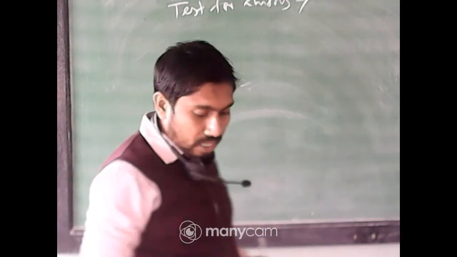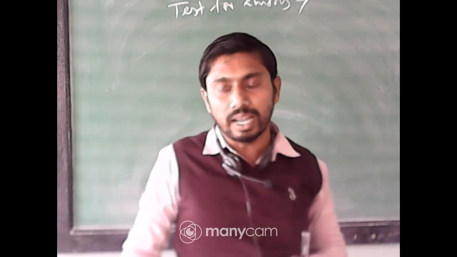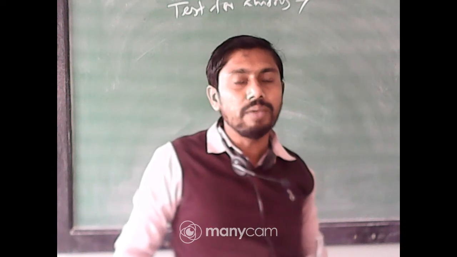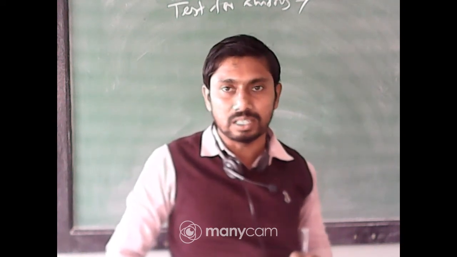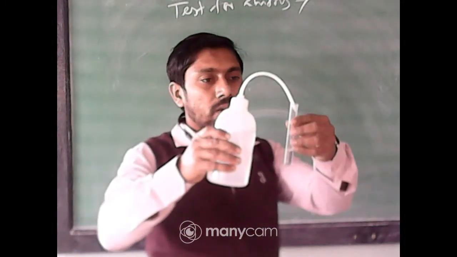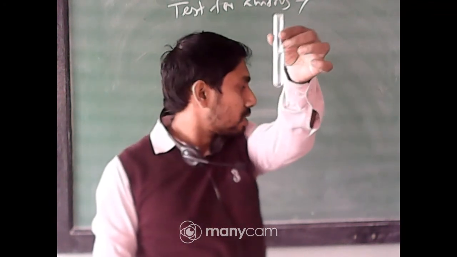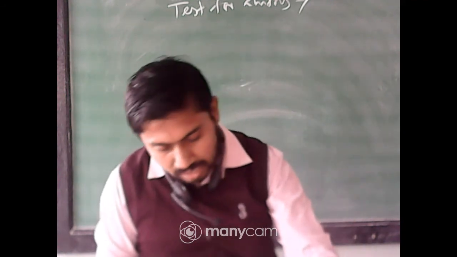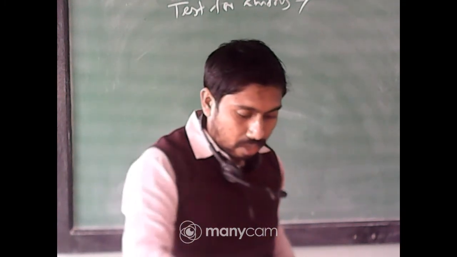Okay, so in the test for anions, here we see the test for nitrates, test for sulfates, test for chloride first, and then if no result, then we will move to the sulfite or nitrite, etc. So first of all, this is the reserve. I make a solution of around 10 ml, which you can see is around half of the test tube. It is kept reserved for the further test.